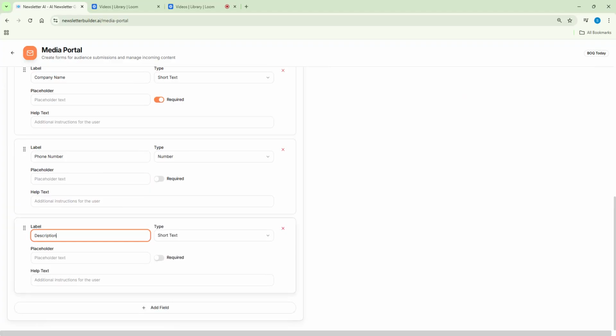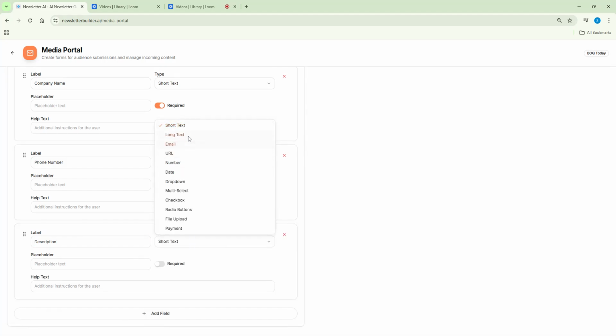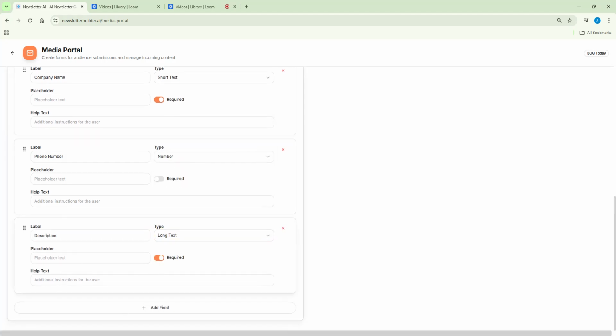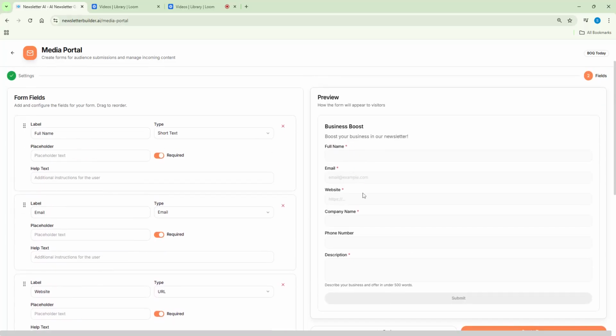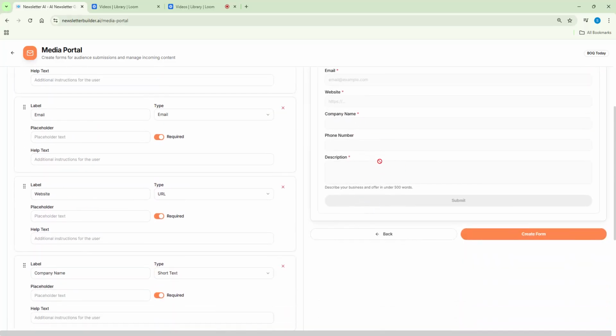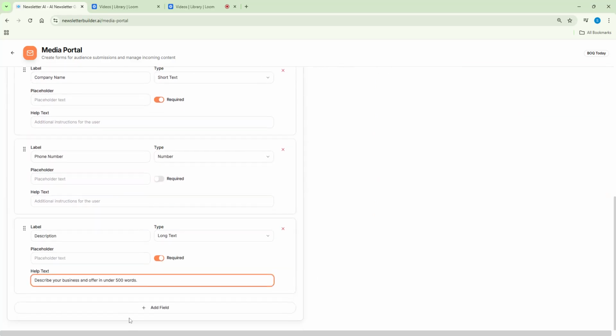So what we want here is the description of their business, and we're going to make that long text required, and we're going to give them some helper text. So, describe your business and offer in under 500 words. And you can see that there's a preview over here, so you can see how your form is starting to look. And so I'm happy with that so far. We're going to make that